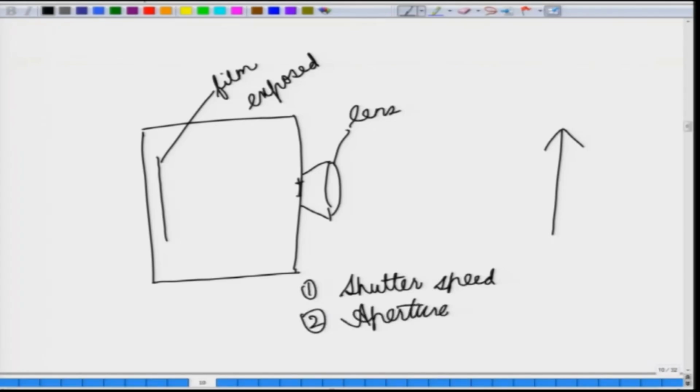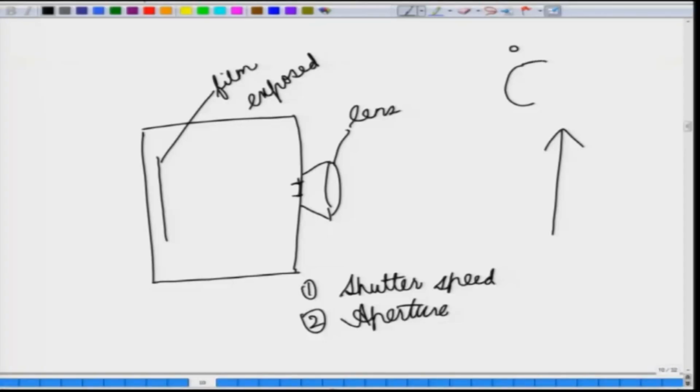So, in this case what we are saying is: what is the size of this hole? If you have a smaller hole, you are allowing smaller amounts of light inside. If you have a larger sized hole or a larger sized aperture, then you are allowing much more light to get inside. So, the amount of light that is getting inside depends not only on the shutter speed, but also on the